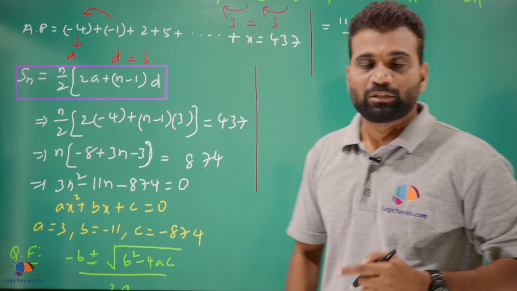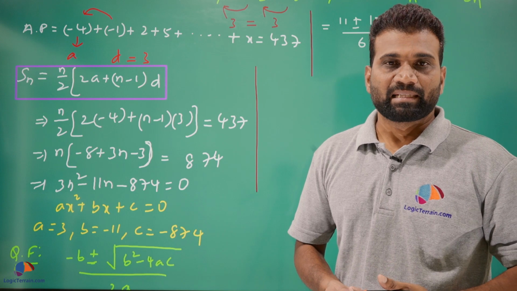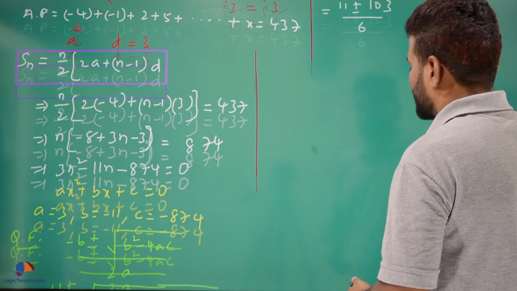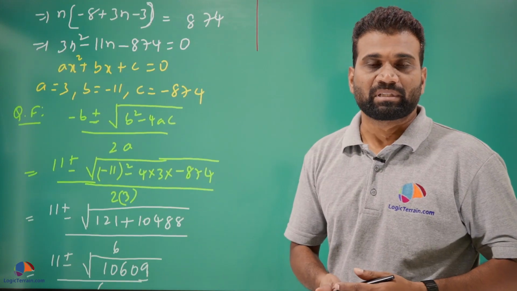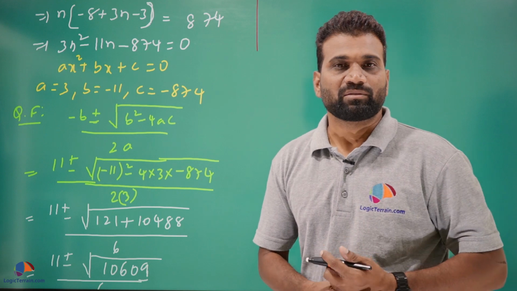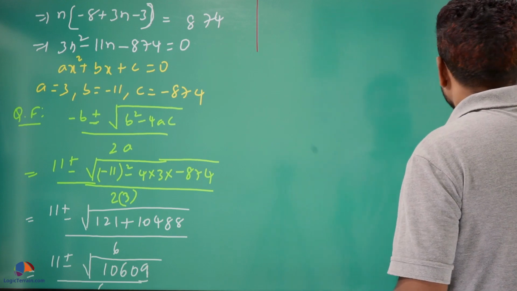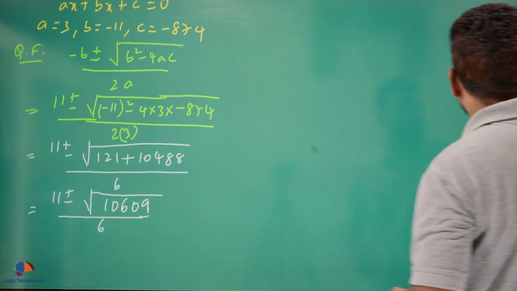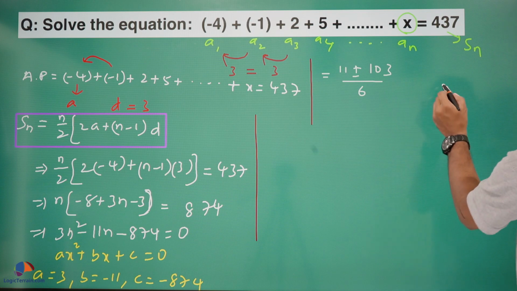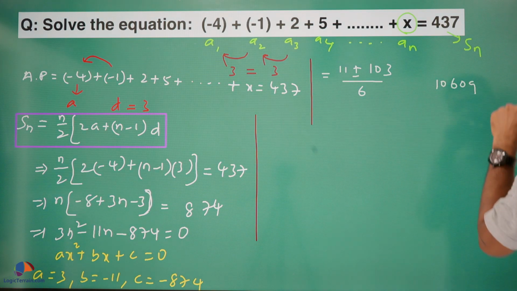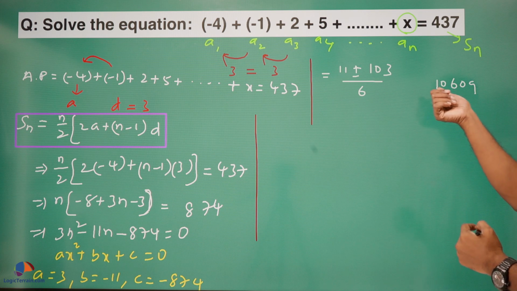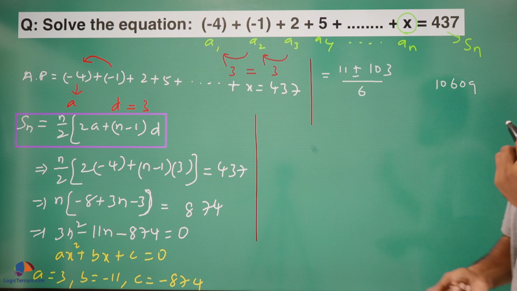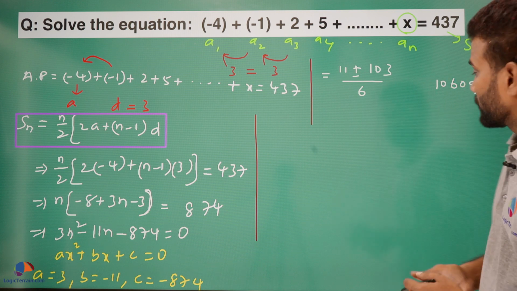But here you need to know, since we are not allowed calculators in the examination as well as in the classrooms, and to find the square root of such big numbers, there is a process. I will just explain, please do follow carefully. So here we have 10,609. It starts with 1, then if you take two digits, 10, then three digits, 106, and so on.